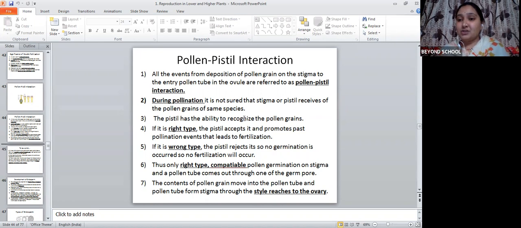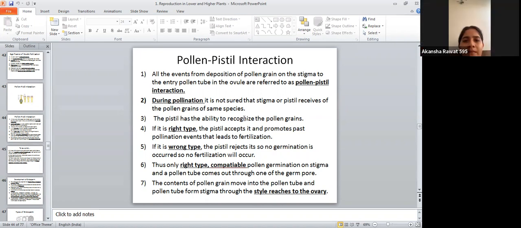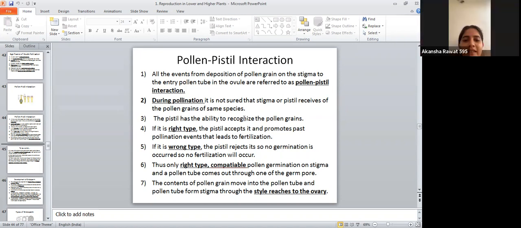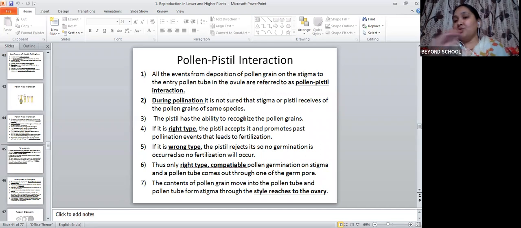So what is it going to do? If it is rejected, will the germination activity be carried out? No, because the fertilization will not occur. Hence, the nourishment will not be provided to that pollen grain, because it is not our pollen grain, it is some other pollen grain which has been deposited on our plant. So no germination, no nourishment. Nothing is going to happen. That pollen grain is going to die on that stigma and